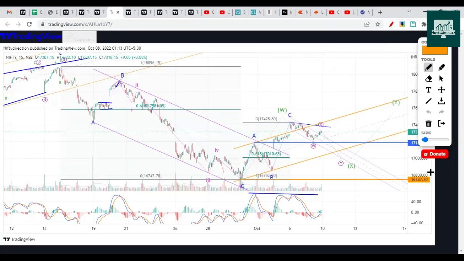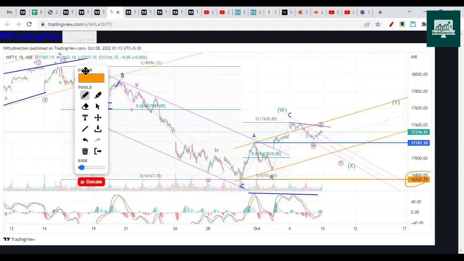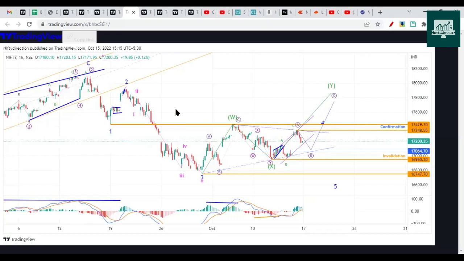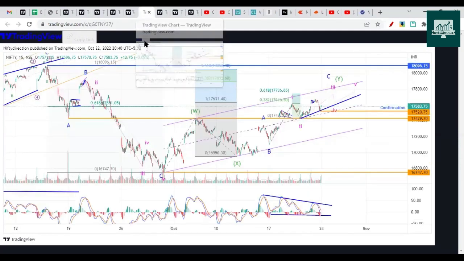And after that, once it started the pullback and moved above the 0.32 Fibonacci, we also mentioned that from this point onwards we will head towards a minimum of 0.6 Fibonacci, and 17,900 can also come. So these are a couple of our previous charts. This was on 15th October. Again, we mentioned an up move once we break 17,348. And there also we mentioned 17,900 will come. This is the chart from last week. Here also we mentioned we are heading towards 17,900 minimum. 18,050 can also come.